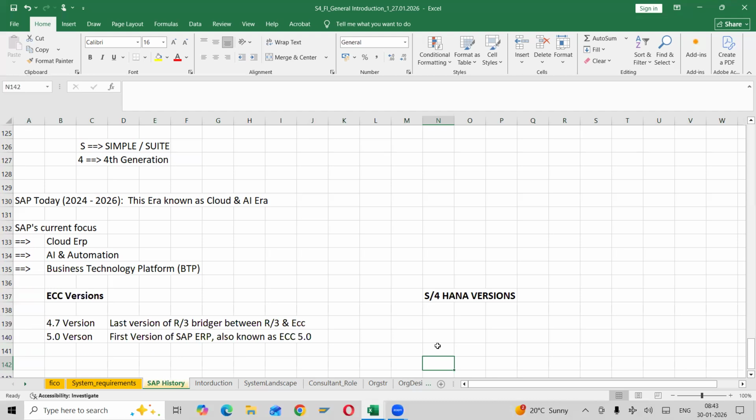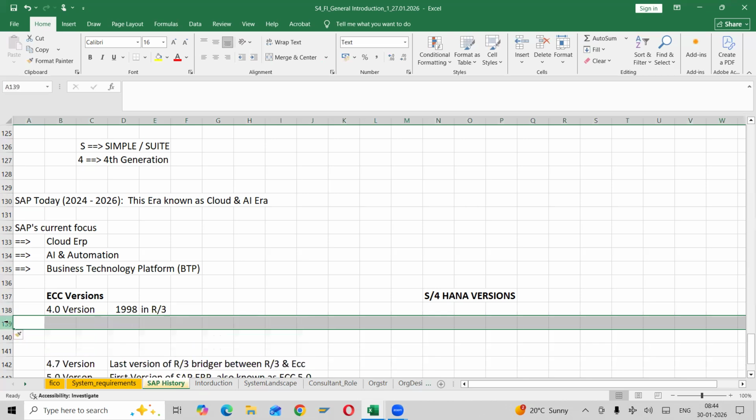Earlier it was R1, R2, R3 environment, as you know. In the R3 environment they started releasing versions. For example, the old 4.0 version, in the year 1998. They introduced it on the R3 platform, as we discussed what R3 means. So in R3, the first version they released was 4.0, and after that they came up with